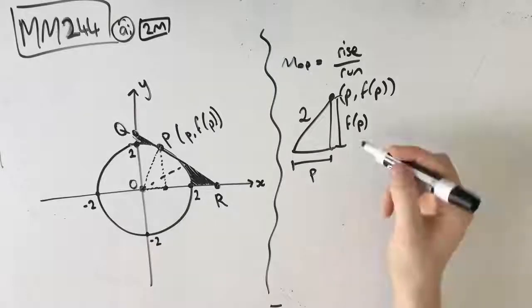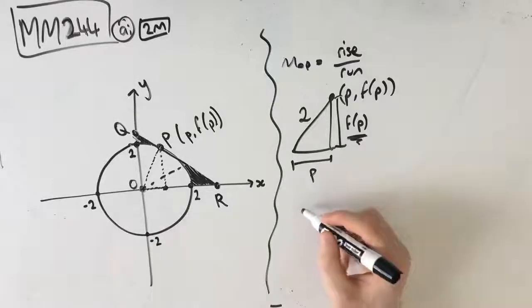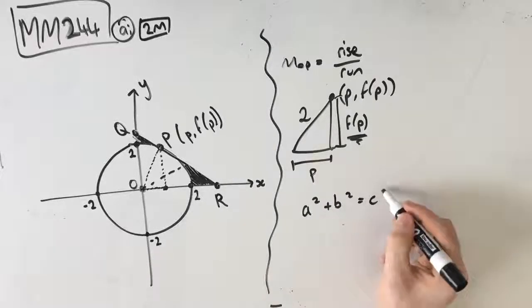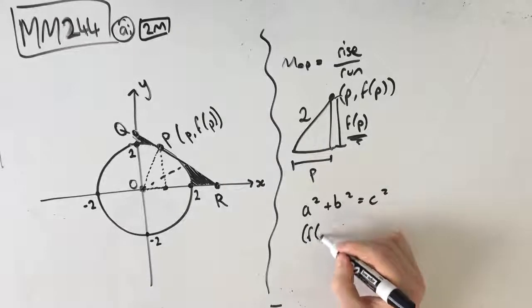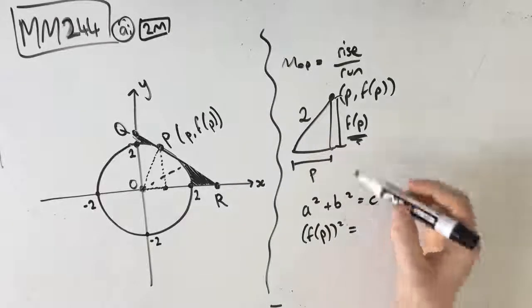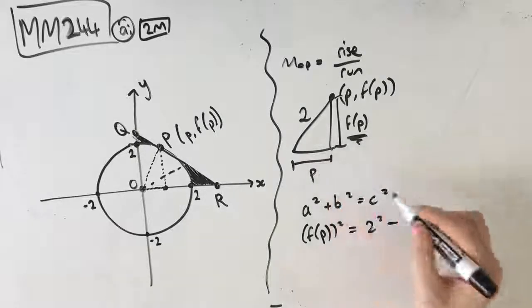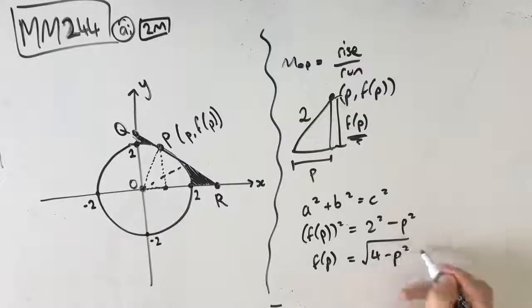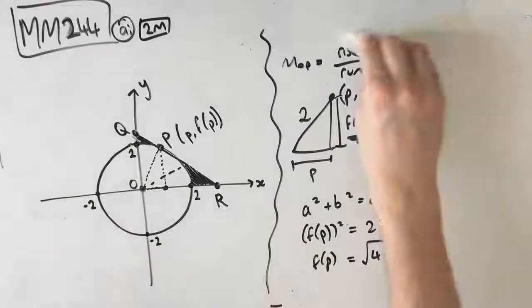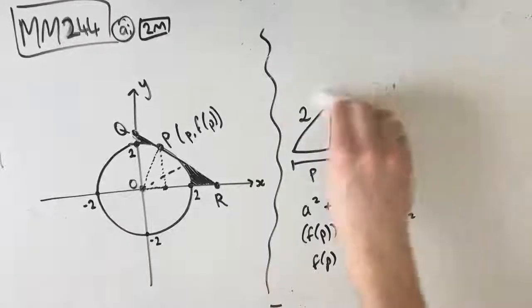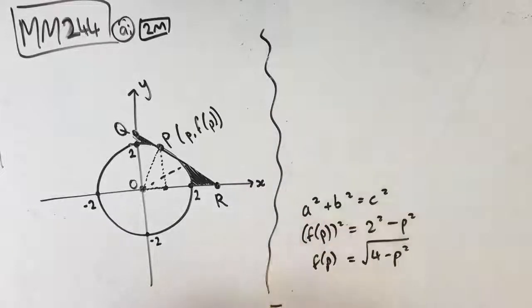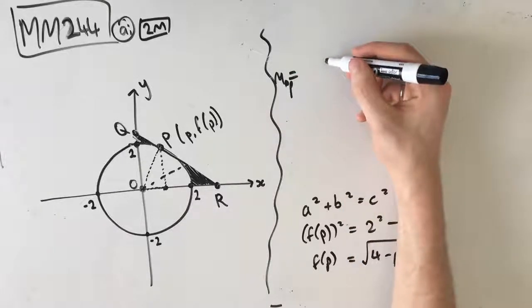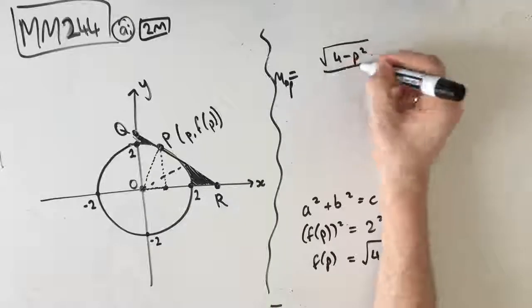So that means that our f(p) is, according to Pythagoras, a squared plus b squared equals c squared, which means that f(p) squared is equal to 2 squared minus p squared, which means that f(p) is equal to the square root of 4 minus p squared. Awesome. So that means that our rise is going to be root 4 minus p squared, and our run is going to be p,